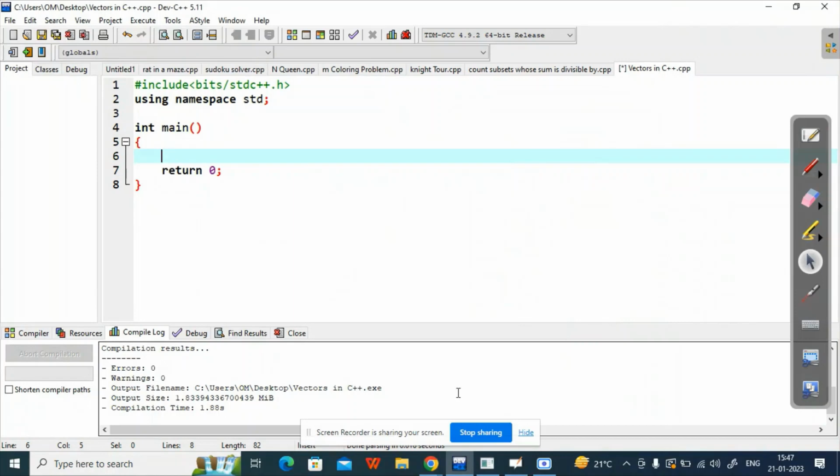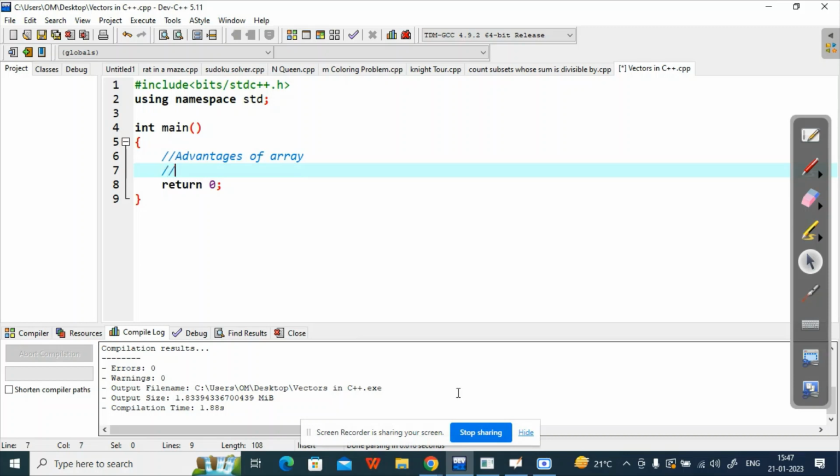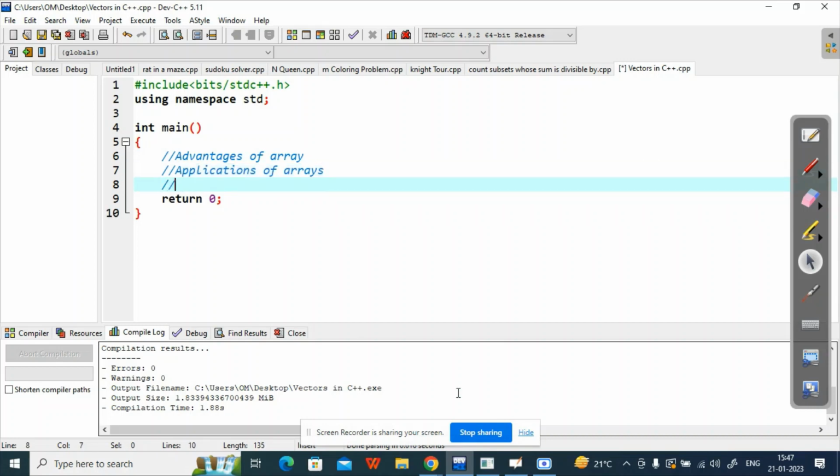Hello, students. In this lecture, we will be covering more concepts about arrays, right? Okay, so let us start. In this video, we will be covering advantages of array, applications of array, and disadvantages of arrays. Believe me, these are very important to know, like where array should be used. These concepts will tell you where to use arrays and where to use other data structures and not arrays, right? Okay, so let us start with